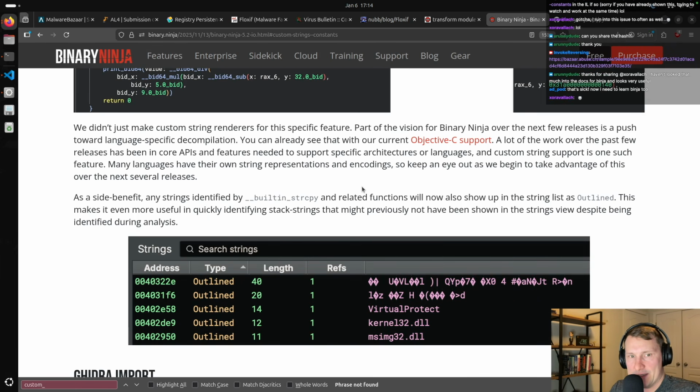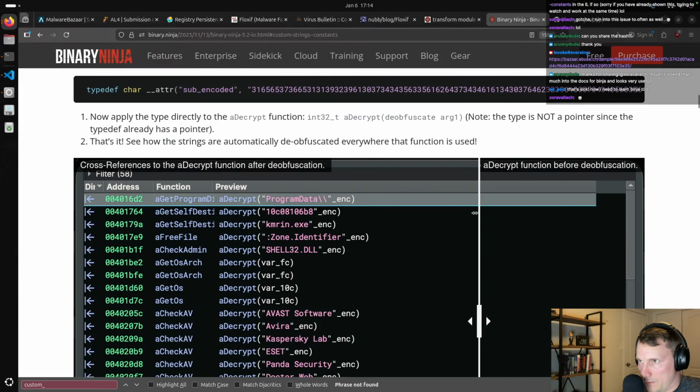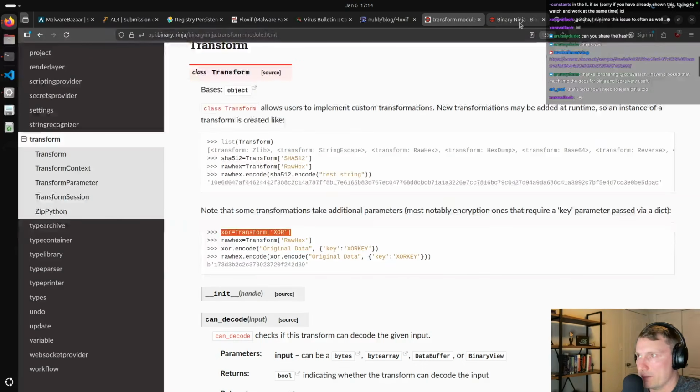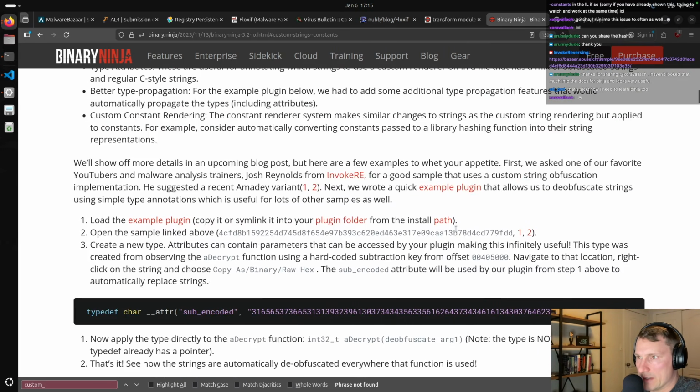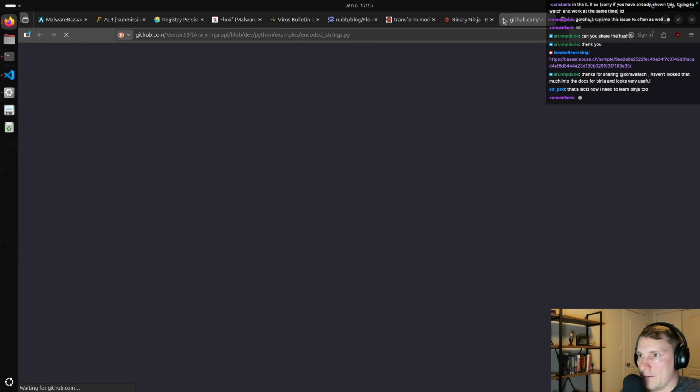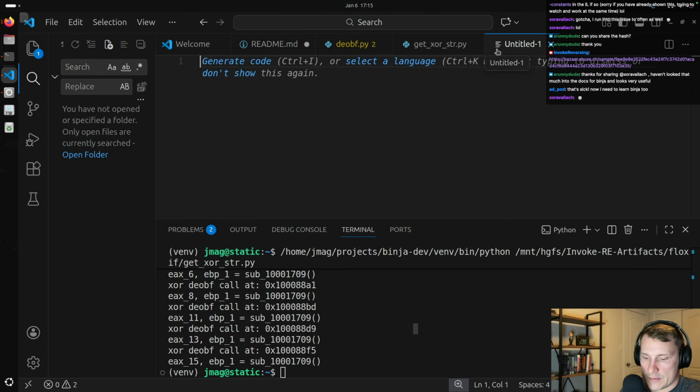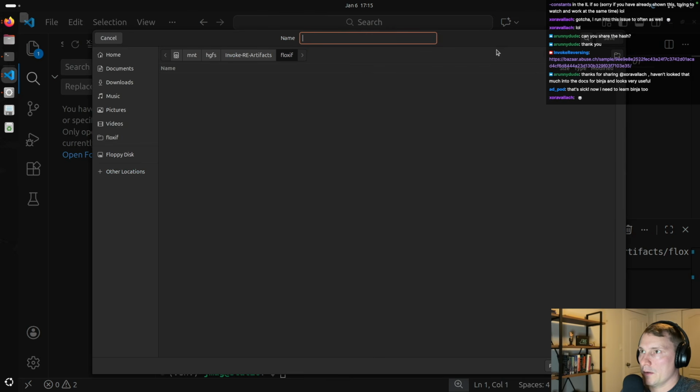Yeah, it is sick. Okay, so I'm assuming I can just repurpose their plugin, their example one, because this is kind of similar to the example binary that I gave them. I'm assuming we can do it, right? So let's just try it rather than me blabbing. So let's just call this custom